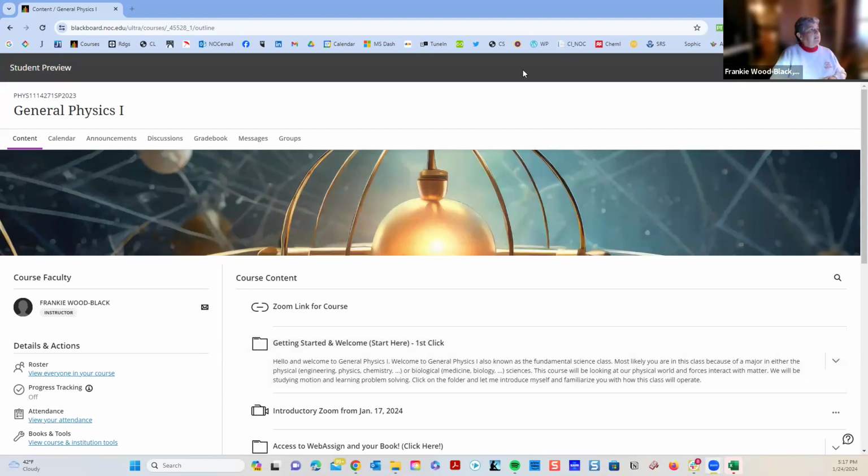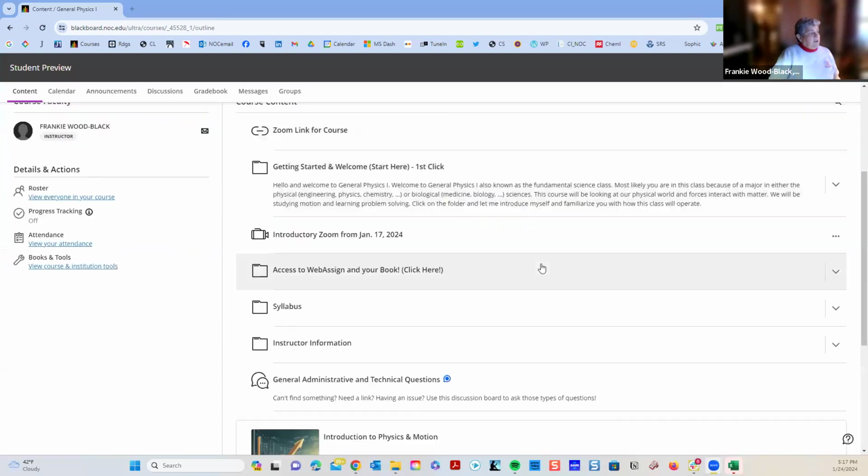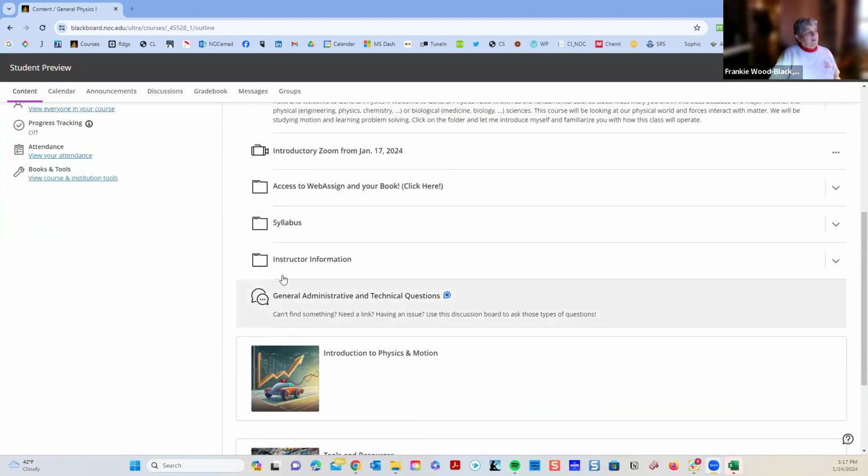So let me get our other person in here. This is what you will see when you open up in Blackboard Ultra. I think I've had everybody complete the student contract. Thank you very much. When you come down, this will tell you if there's a question. If you get this blue dot, it'll tell you if there's a question in the technical stuff, and that one has just popped up, so I will look at it and respond to it later. But you guys can also respond to it. Maybe you can solve it and see it faster than someone else.